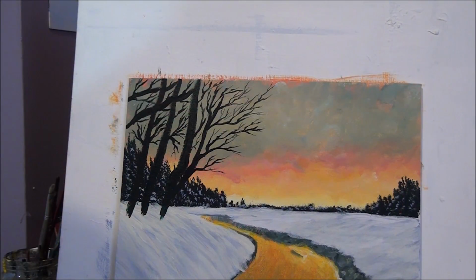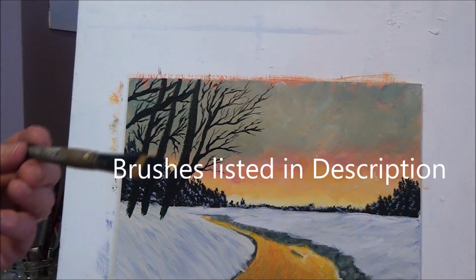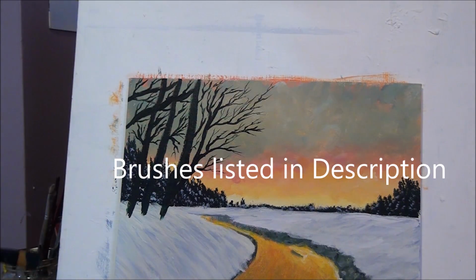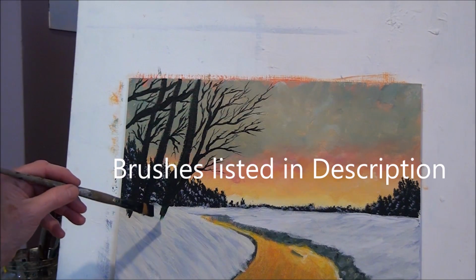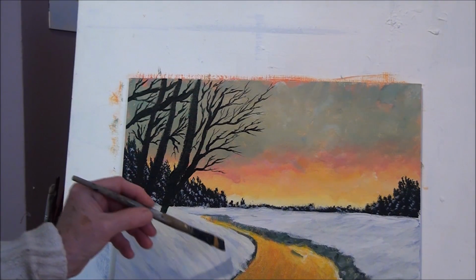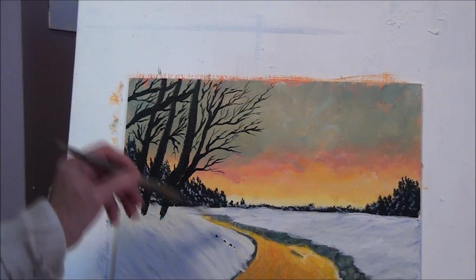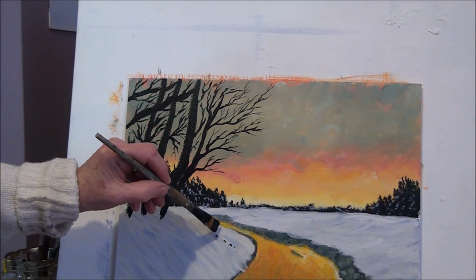I also have some nice brushes for you to use, and this will make your painting a lot simpler. Some blue and black, just all their different dark colors. Get a nice chiseled edge. And let's start just up here a little bit. We'll make a couple of dots just to have an idea where we're going with this. Then we're going to make some